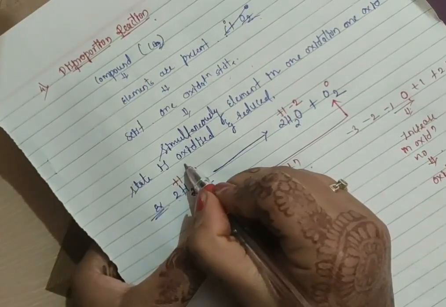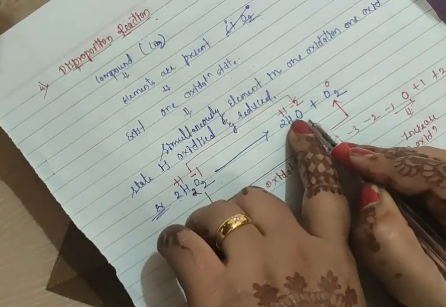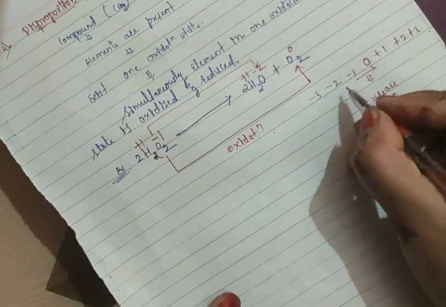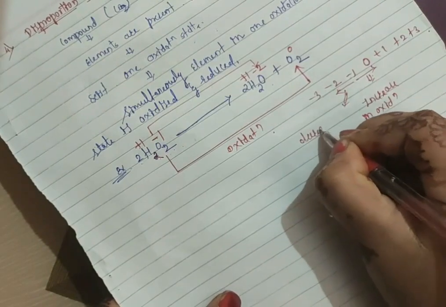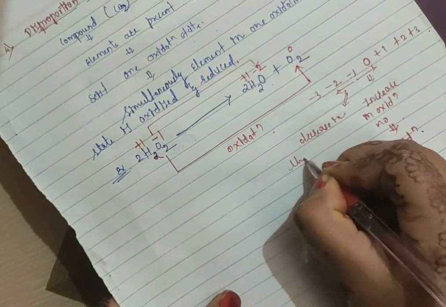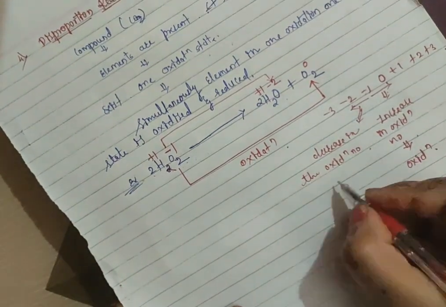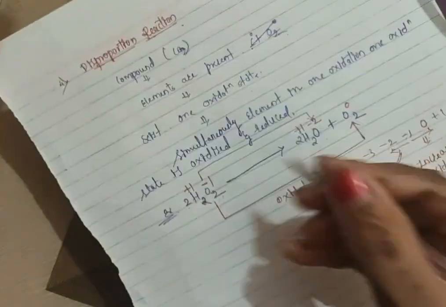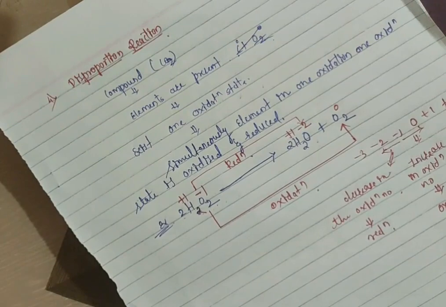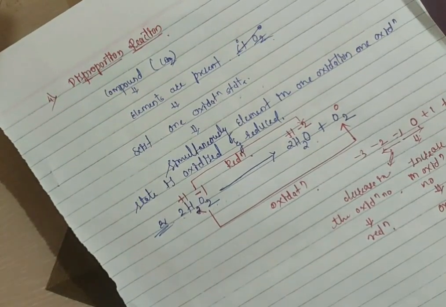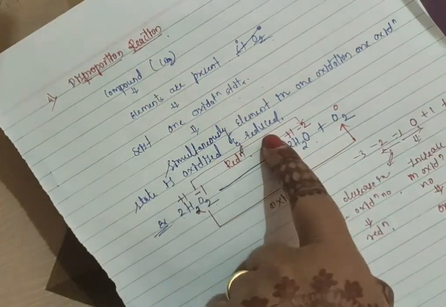After that, this -1 oxygen is converted into -2. Again, -1 is converted into -2. So there is a decrease in the oxidation number, and a decrease in the oxidation number is called reduction. So we can write here reduction. This reaction belongs to redox reactions. According to this disproportionation reaction, this reaction involves an element in one oxidation state being simultaneously oxidized and reduced.